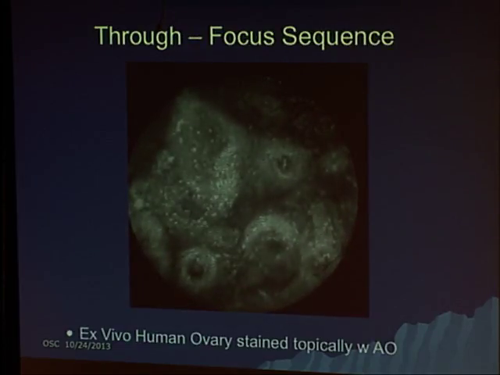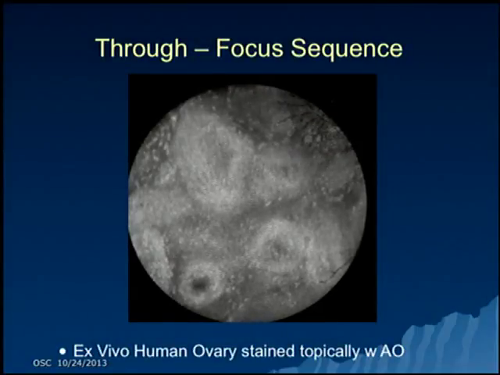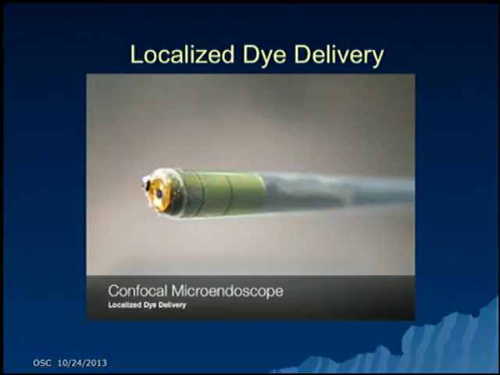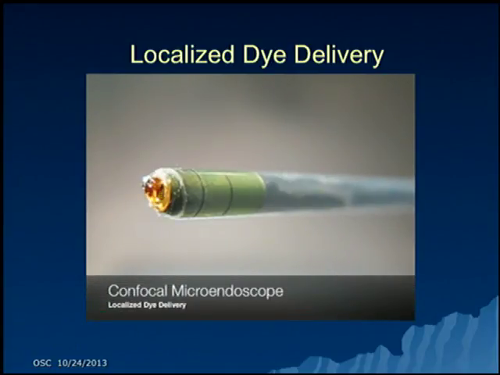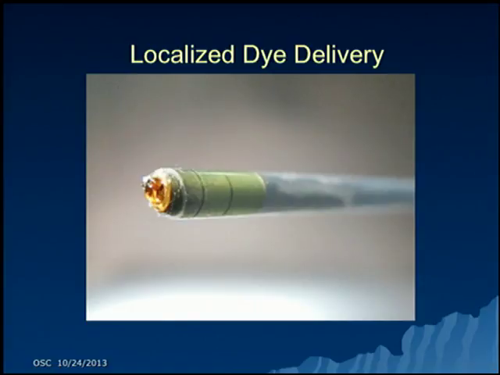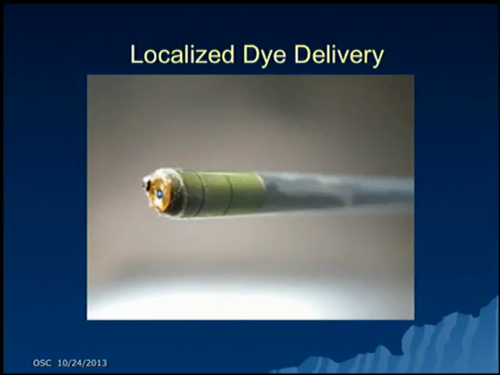Here's just an example video of looking at a through focus image of a piece of tissue. You can see different cells becoming visible, some brighter than others, and not the greatest example of focus, but it shows. Here's another example, or here's the idea of dye delivery. If you could give a systemic dose of dye, if it was a completely safe thing, but you're just trying to image a very localized piece of tissue. So it works better to, go back one and play that one more time. It works better to deliver a very small amount of dye just to the very tip that will touch the tissue and distribute and allow you to image what's going on at that location.